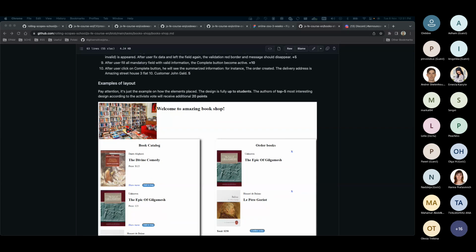That's quite okay. But you may copy the design, but not the code of any existing bookshop. I am pretty sure it will be hidden from us. Thank you.